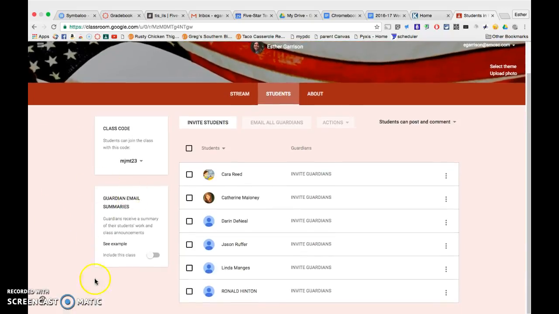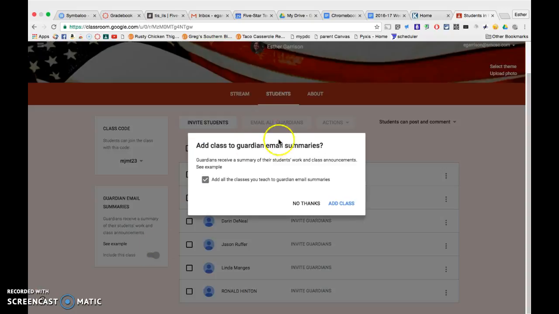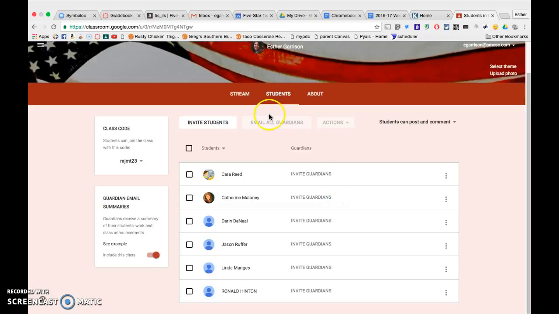You'll notice there's a new box here that says Guardian Email Summaries. We want to include this. We want to enable it. So you're saying, yes, I'd like to enable this feature. And I'm going to click Add Class. Now, once I've enabled it, all my students that are in my class will have this Invite Guardian